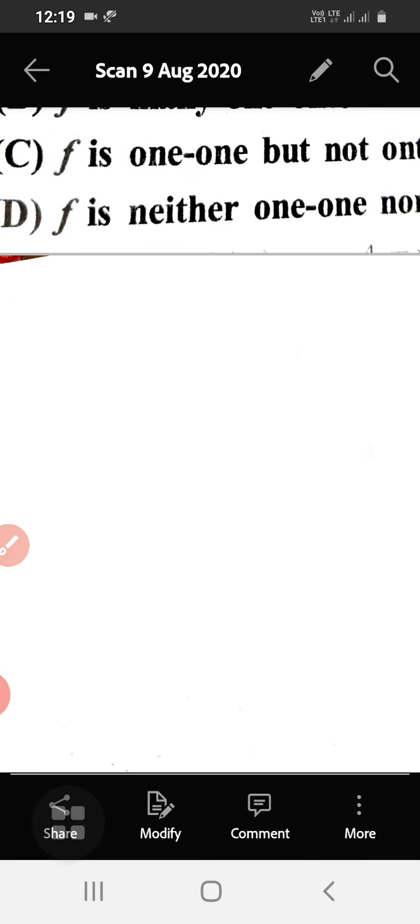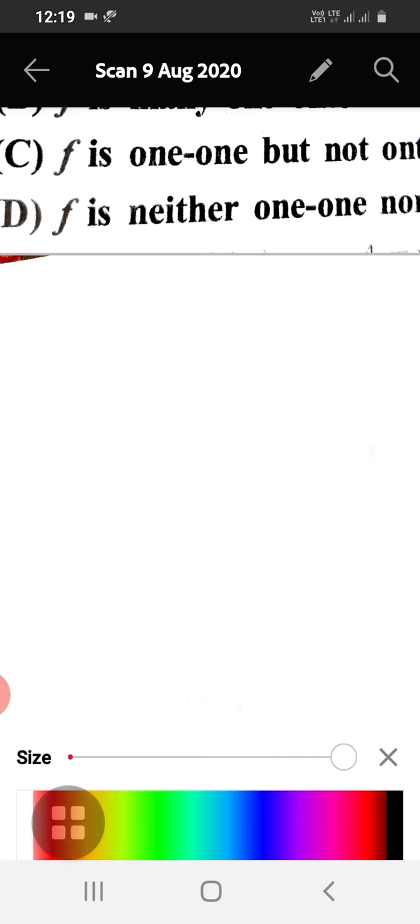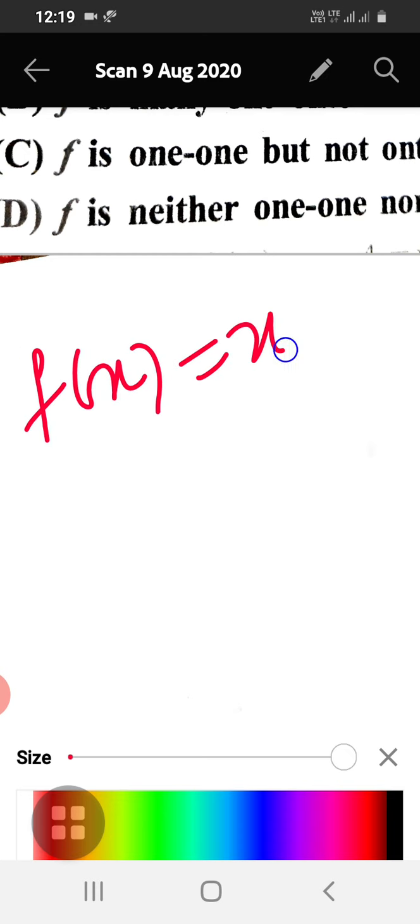For onto function, we have to be very careful here. Given function is f of x is equal to x to the power 4. The definition of onto function says codomain is equal to range.